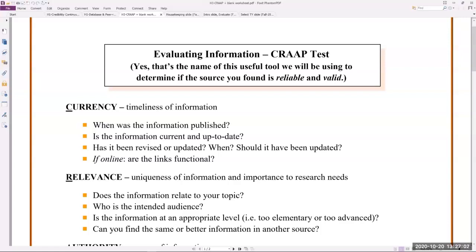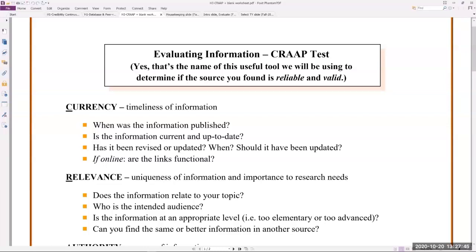It is a series of questions in several areas that you need to use to guide your decision on whether or not you have a credible and relevant source. This can be used for any type of source: magazines, newspapers, videos, podcasts, even tweets and blogs and internet sites. Pretty much any source of information, you could use these questions to guide you on making a decision. And it can be used not just for academic, but also for personal things as well.